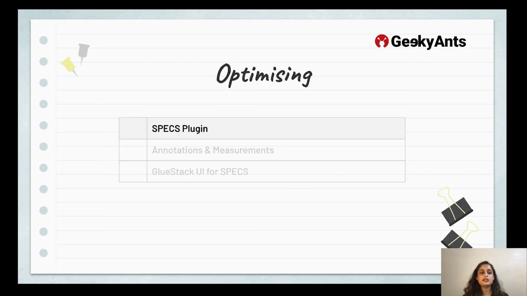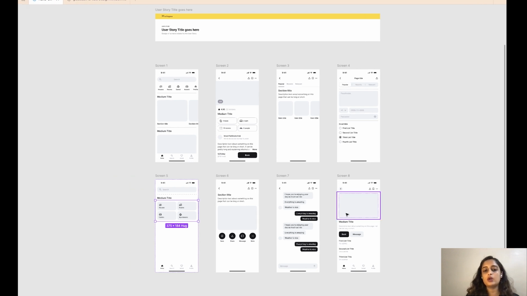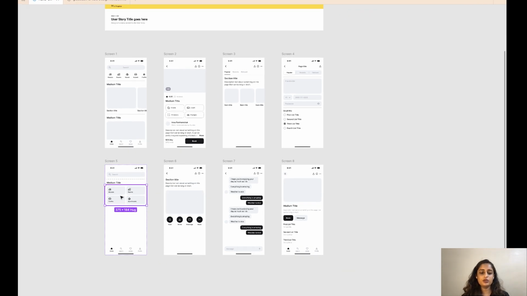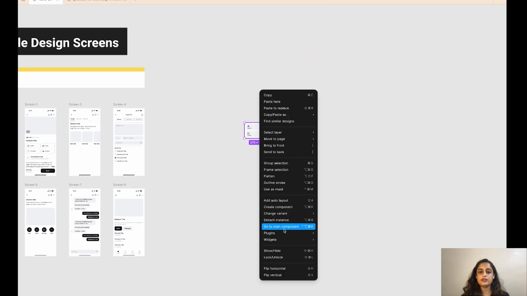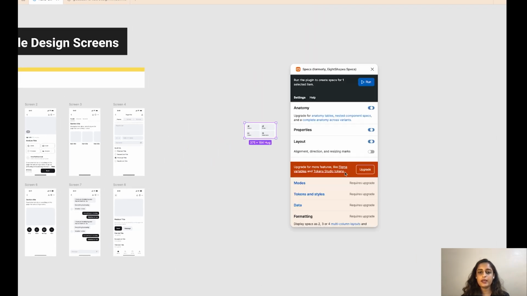The first one is a plugin called Specs. So, this helps you explain your elements or the components that you've used in your design and create detailed specs for those components. So here's a demo of how the specs plugin works. Click on any component that you have on your design. You can pull it across and go to the plugin section, and you will find the specs plugin.